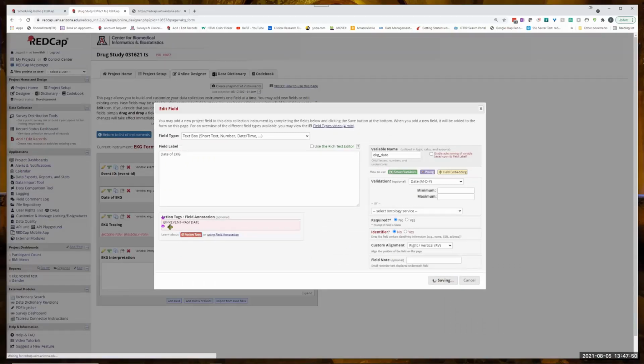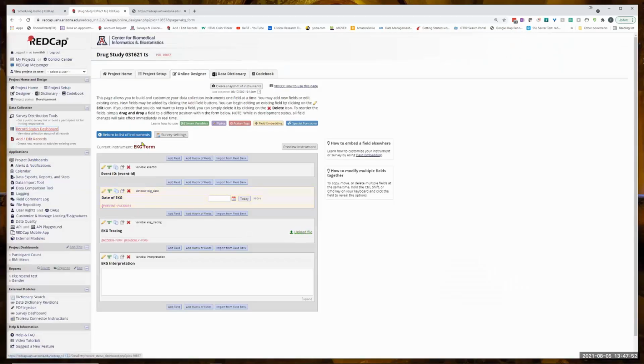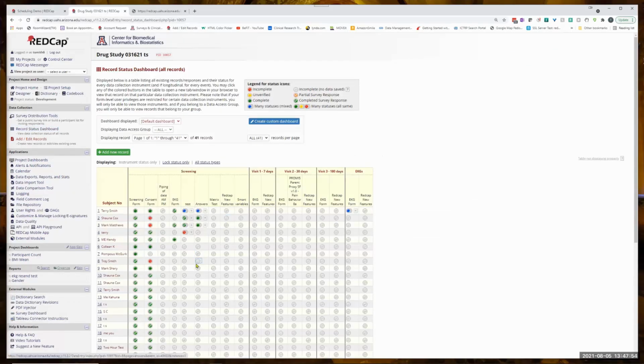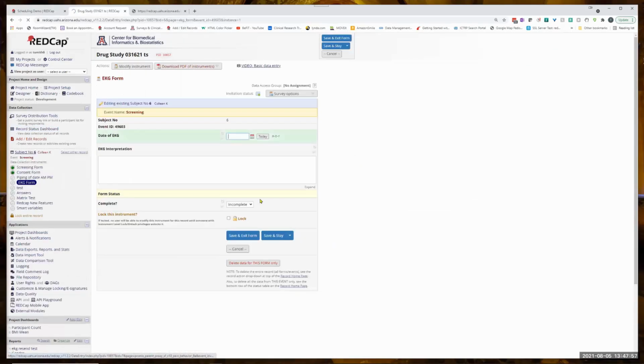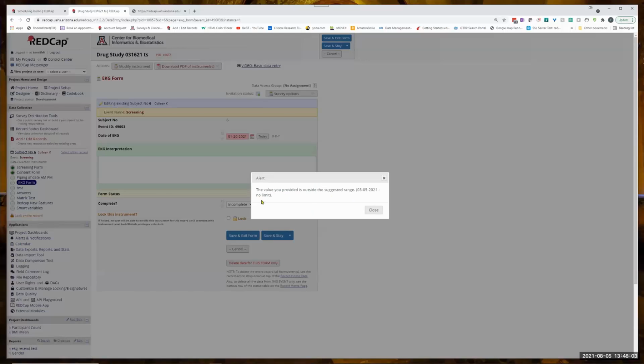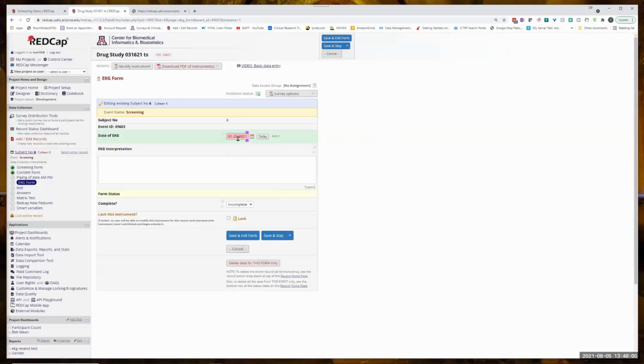and save it. Now, if I open my record status dashboard and I open up an EKG and I put in 21st, try to leave, it's going to tell me I can't do that because it's outside of the date range, right? As soon as I bring in today, then it's fine. So we have